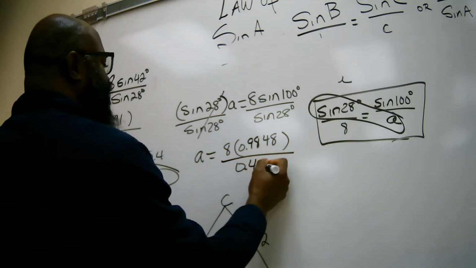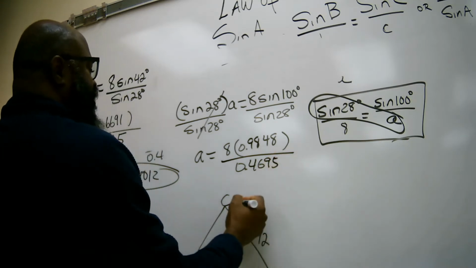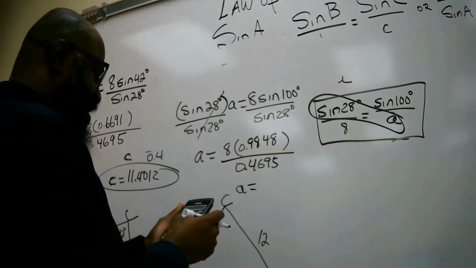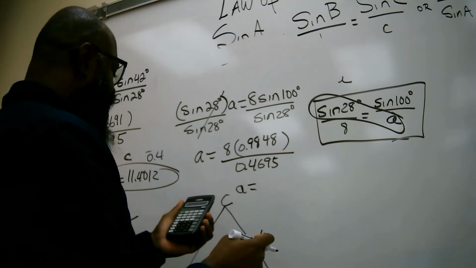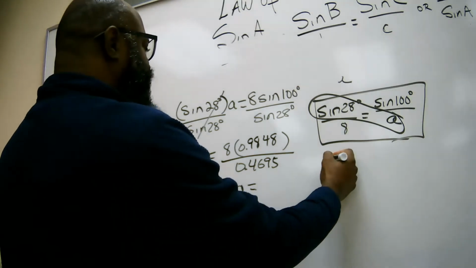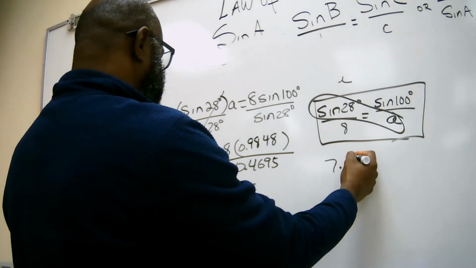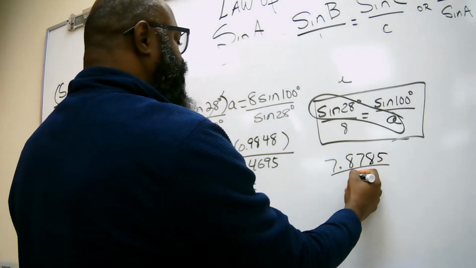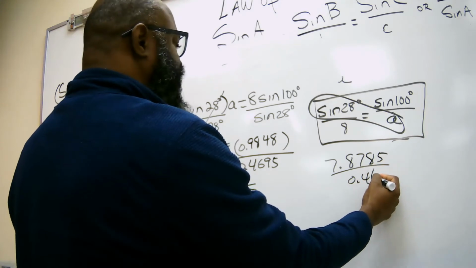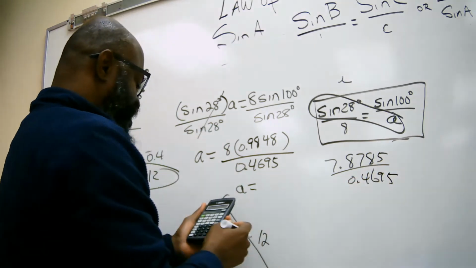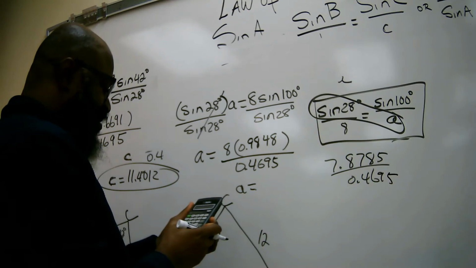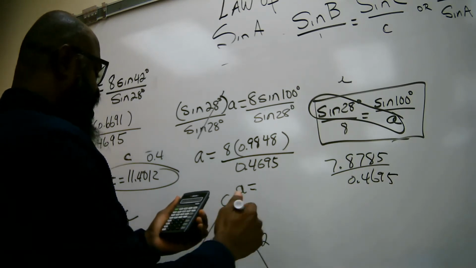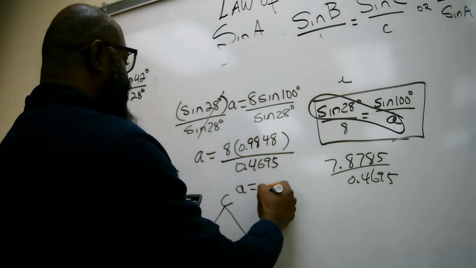Now you take this, you multiply it by 8, and you don't kill your calculator. That will be about 7.8785, and you divide by 0.4695. Then you will find A, which is